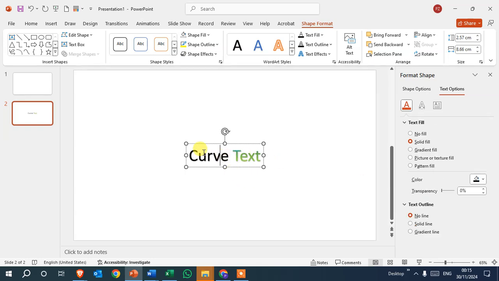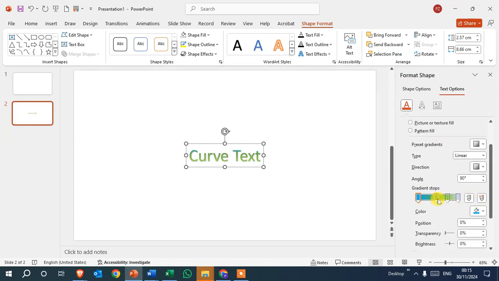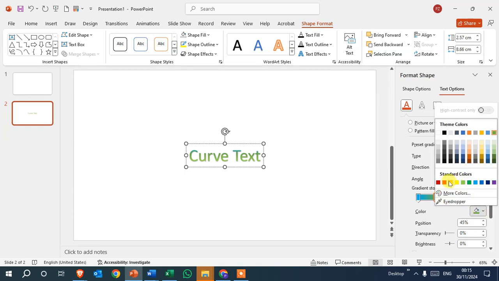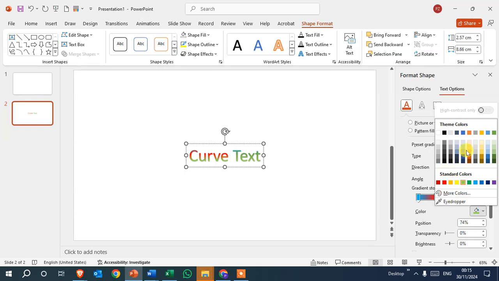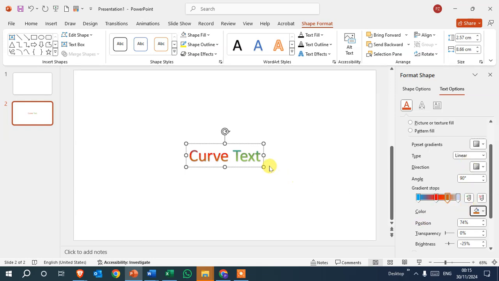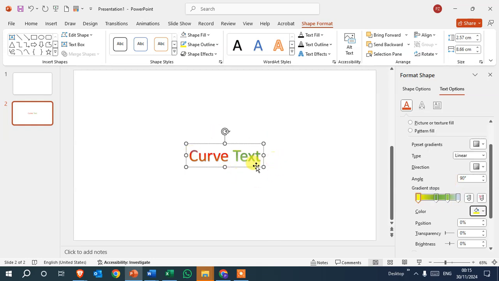Okay, same as before, select the first stop, again click on the gradient stops and you can select a different color in the gradient stops. Okay, see the changes on the text. Okay, and after that